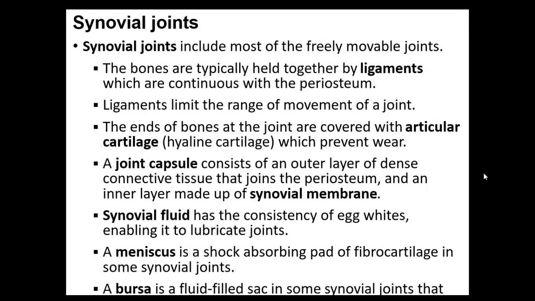Synovial joints. So these are all the ones that are freely movable. The elbows, shoulder joints, knees, finger and toe joints. The bones are held together by ligaments, and it says the ligaments are continuous with the periosteum. What that means is